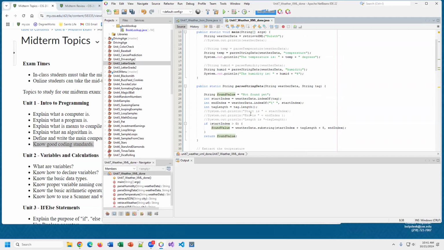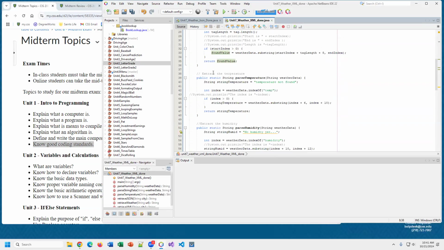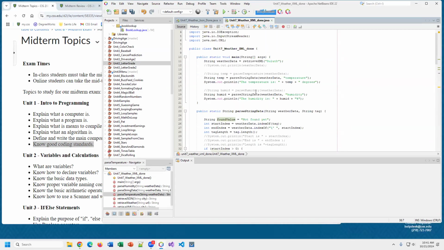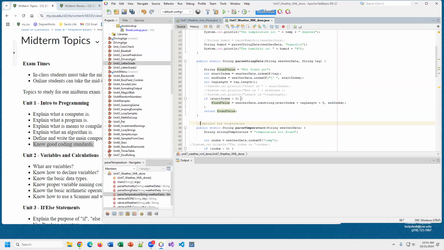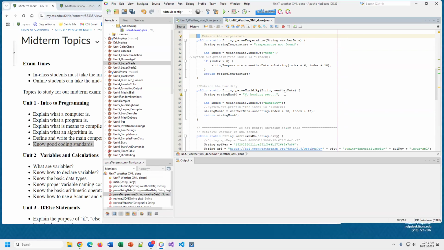The other thing is comments. We haven't talked too much about comments, but we have seen some of them. Generally, we have two ways of putting comments in. One is the // for a single line comment, and we can put that at the end of a line. We can use that to comment out a line so that it doesn't run. Or at the start of each method, we can put that in. We can also put it at the end of the line. Like here, if I wanted to put that in, we could say